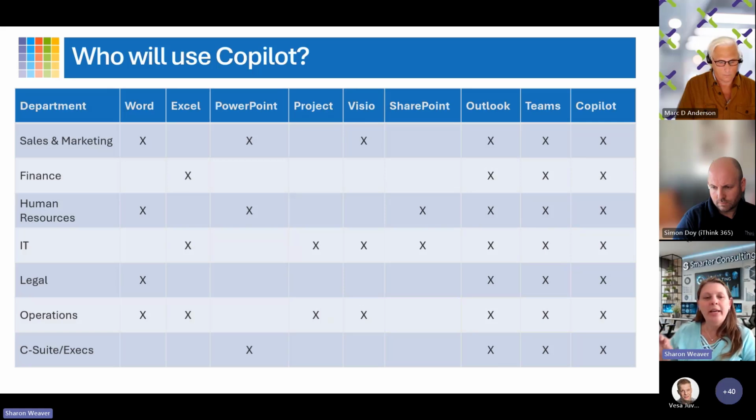Then we get to Copilot. And what's really cool about Copilot is at a very basic level, Copilot is one of those tools that is literally going to touch everything. Everything. It's going to go across every Office app. It's going to go across every tool you've got. It's going to go across all your content. It's going to go across all your data.